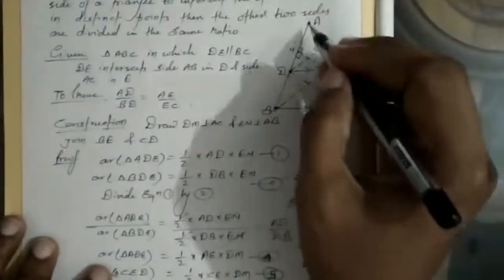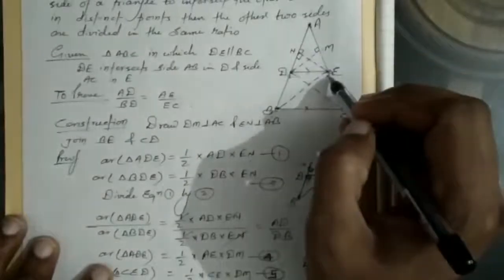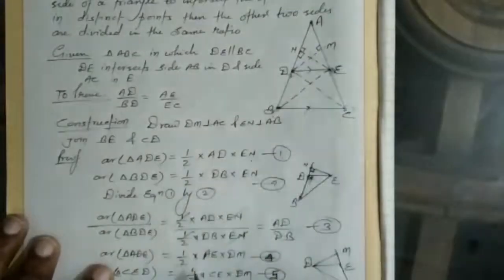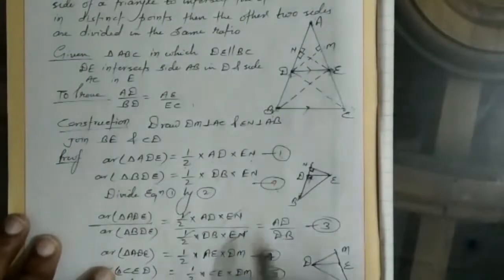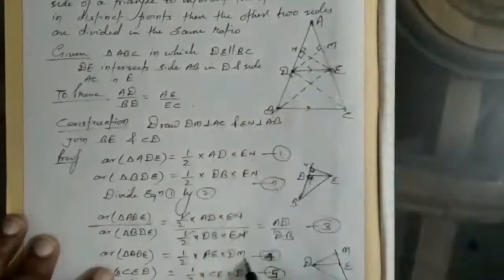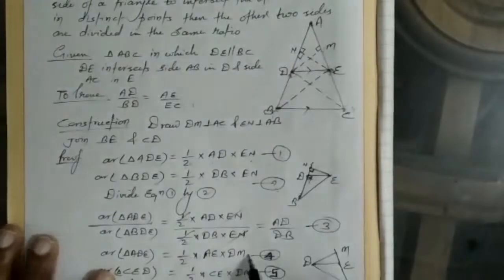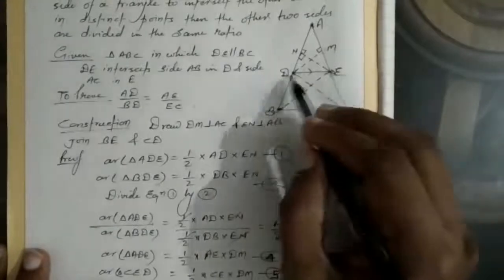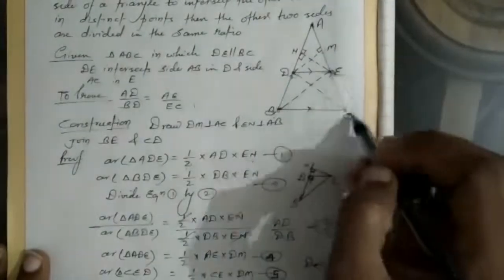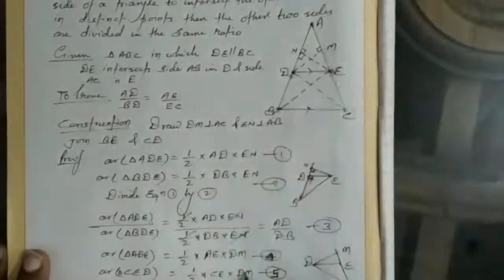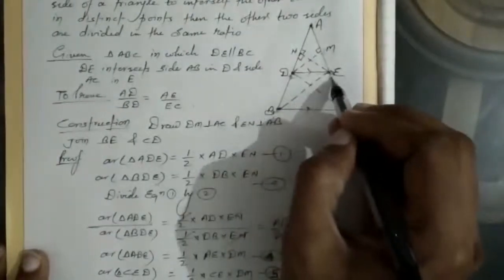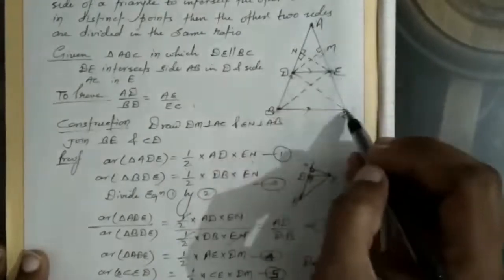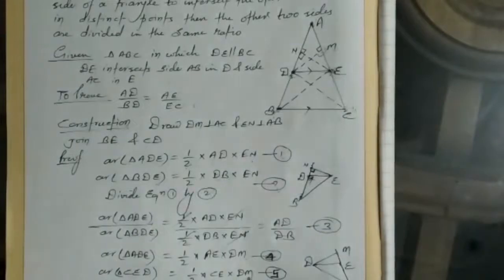Now similarly again you find the area of triangle ADE. Then you take AE as the base and DM is the perpendicular. So the area will be 1 upon 2 base AE and the height is DM, that is the perpendicular. Area of triangle CED, you find CED. Similarly here also 1 upon 2 base is CE and height is DM. This is not perpendicular, that's why it is not the height. DM is the perpendicular line on CE. When we extend it, DM will be the height. So 1 upon 2 base CE into height DM.